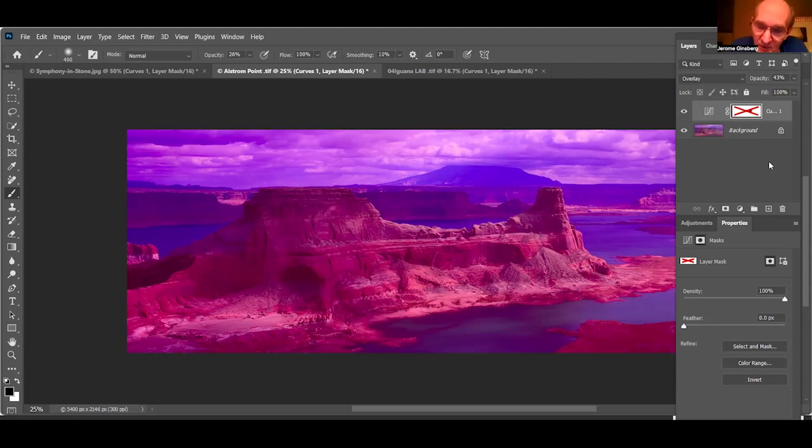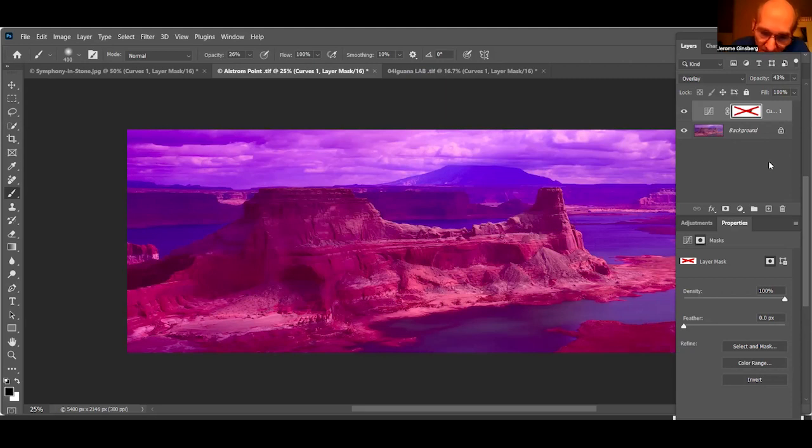CMYK is strictly for offset printing. If you're going to send something to a publication, a magazine, or what have you, they get an RGB file, they know what to do with it, believe me. They're production people. If they need to convert it to CMYK, they'll take care of it. I don't know of any printer that prints in LAB. The standard today, generally speaking, and I'm sure there are as many exceptions as anything, is RGB, Adobe RGB 1998,